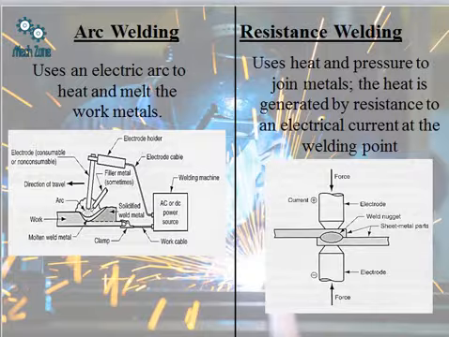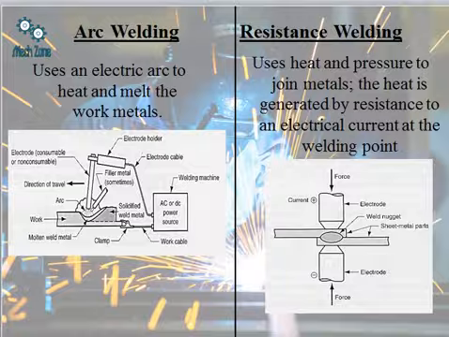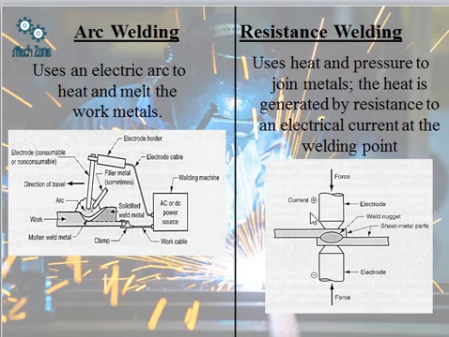Next is the resistance welding. We are actually using the concept of friction, and because of the friction we are generating heat. In some cases, especially in this case, we are not using friction, rather we are using the concept of resistance, that is the resistance between the two plates is very high, and when electric current is applied, then according to Joule's law, I squared R T, heat will be generated, and because of that heat the welding is taking place. The heat is generated by the resistance, that is by the formula I squared R T, and electrical current at the welding point, and force is applied so as to firmly join these two plates or materials.